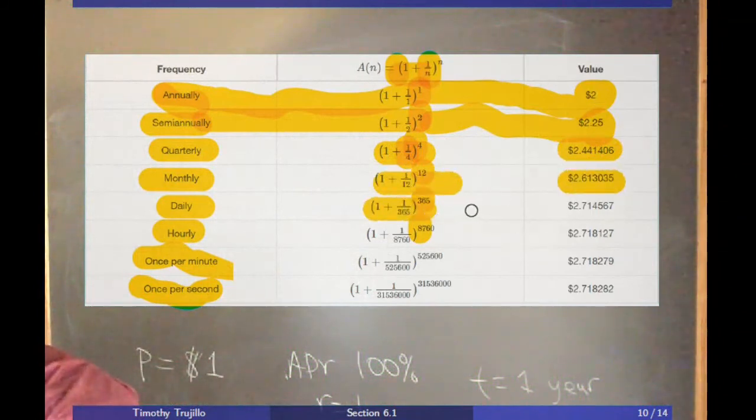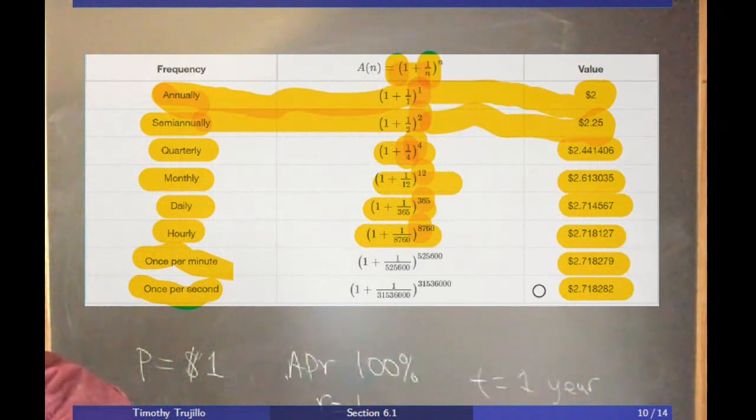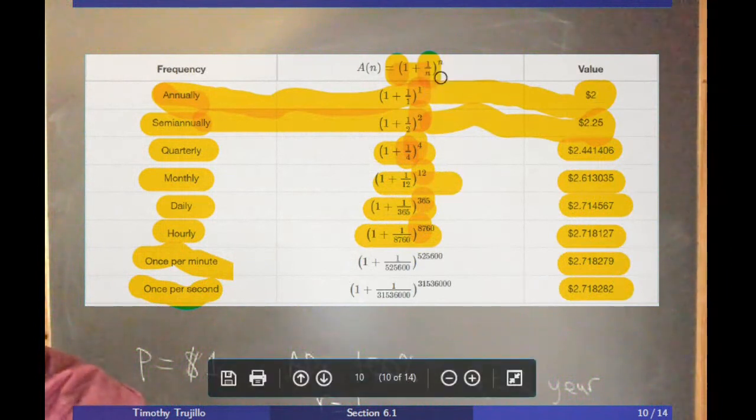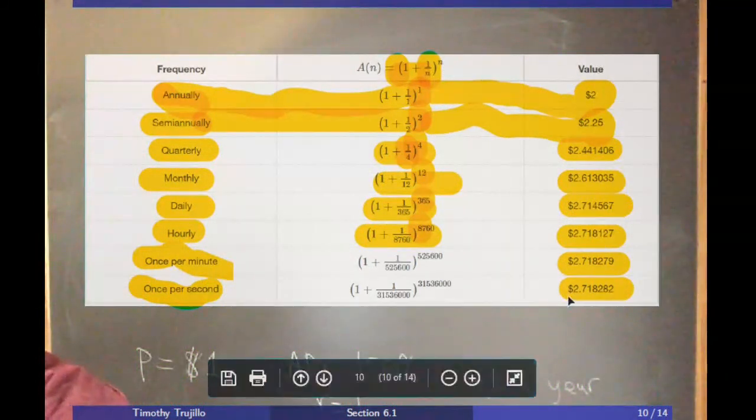If you did it 365 times in a year, it's $2.71. If you did it every hour of the year, it's 2.718. Every minute, it's still 2.71. And then every second, it's 2.71. And you can see that these numbers are getting closer and closer to the same value, okay? So as this value of n gets larger and larger as it goes to infinity, the amount that you owe back on this $1 investment is getting closer to whatever this number is,